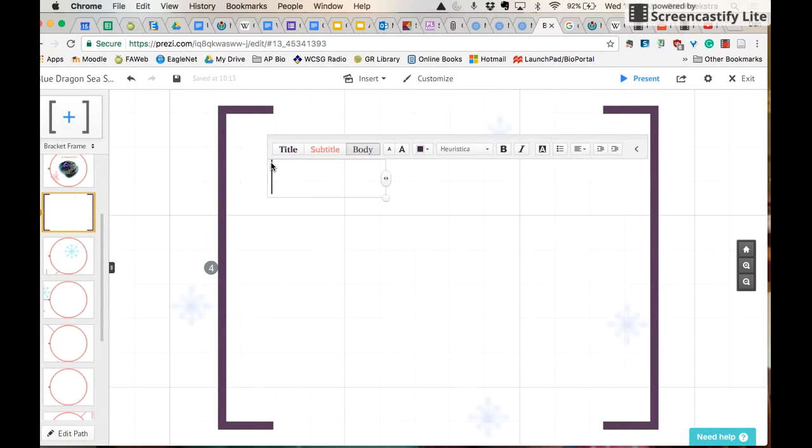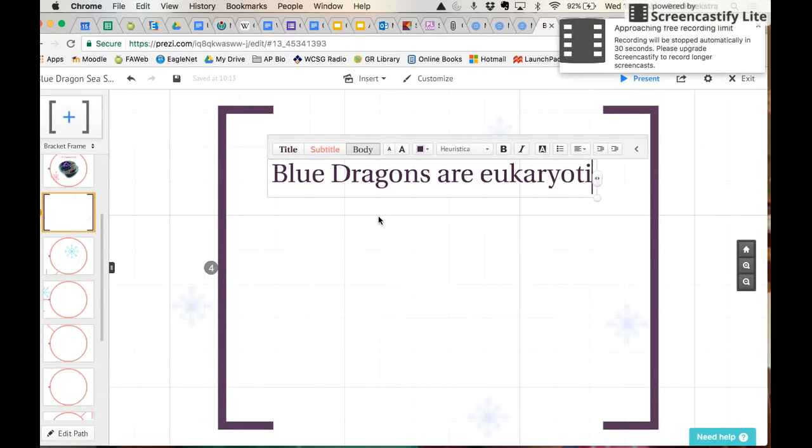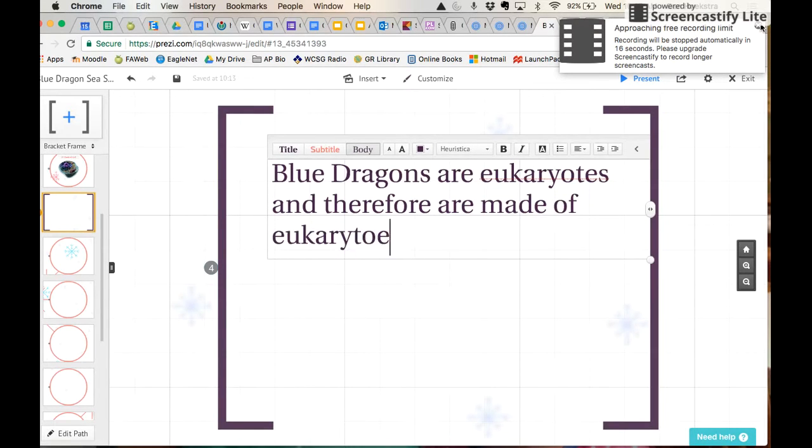I'm just going to double click here and say, blue dragons are eukaryotes, and therefore are made of cells, eukaryotic cells. Obviously, you should think a little bit more about what you're doing here, but now we have